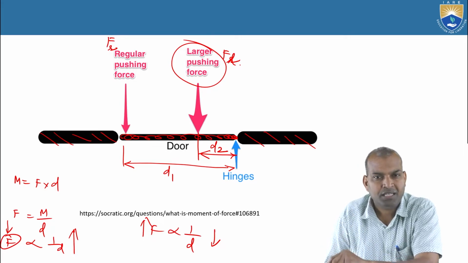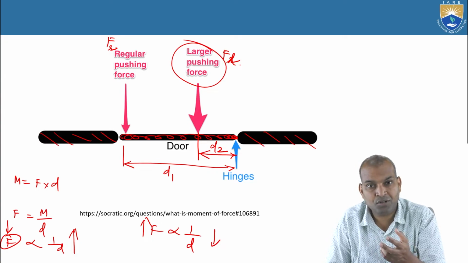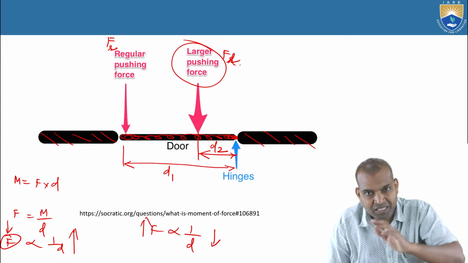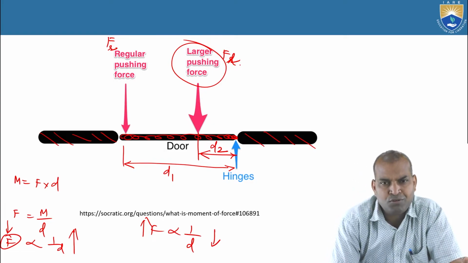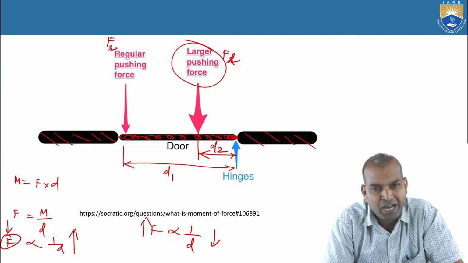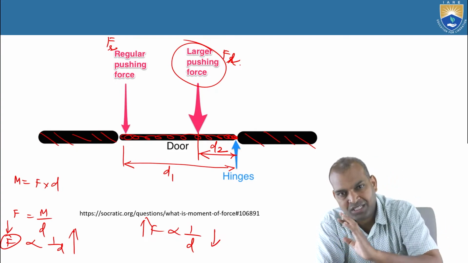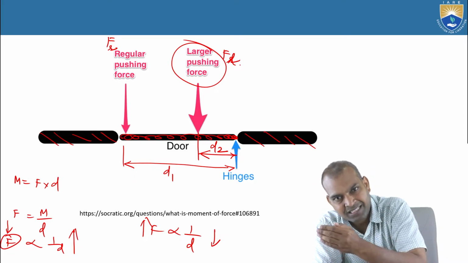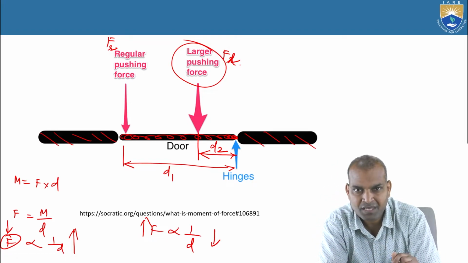Okay. Now, sometimes children try to open or close the door by pushing near the pivot end. The door never opens. The door says, no, no, no, I can't be moved. The point is that if the children apply the force at the free end of the door, immediately it can be opened. Alright.